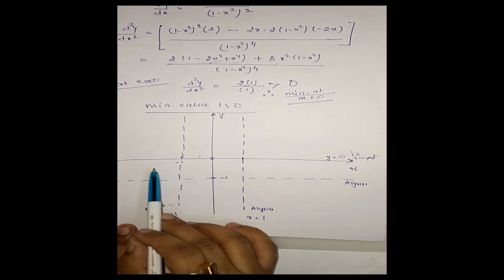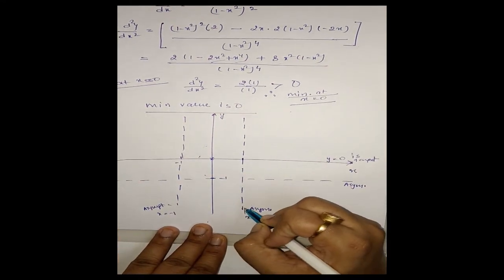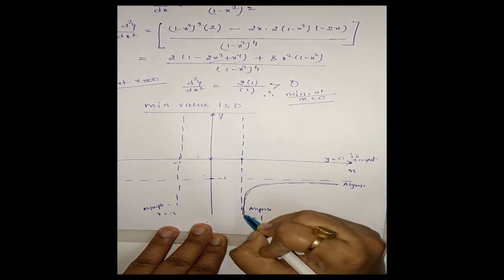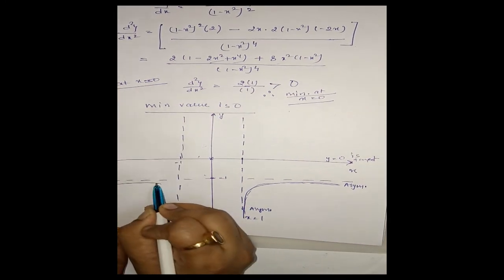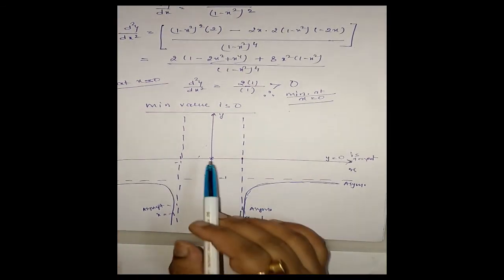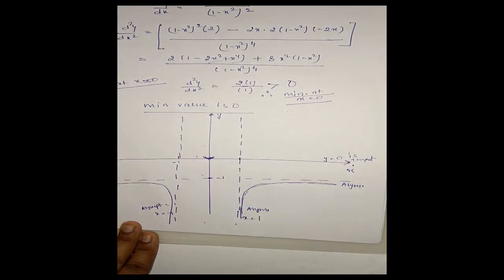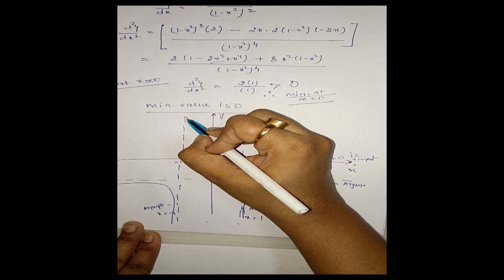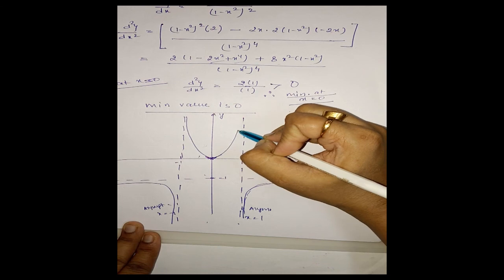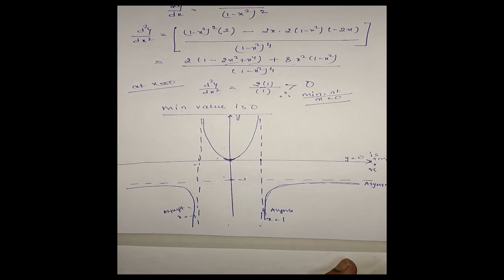This is a region where there is no curve in this portion. Now these two are asymptotes, therefore the curve is of this form here. And in the same way here also, the curve is of this form. And here, this is my tangent. Therefore, the curve should be of this form, and this is the asymptote. Therefore, the shape of the curve, with this as my minimum value, is like this. Okay, this is my curve.